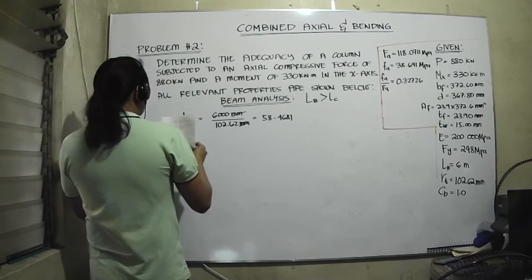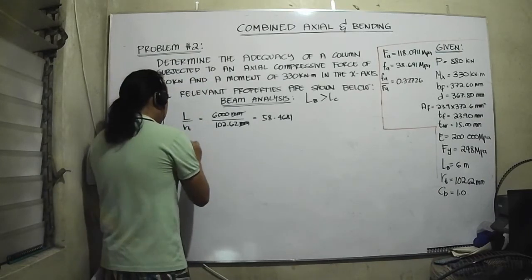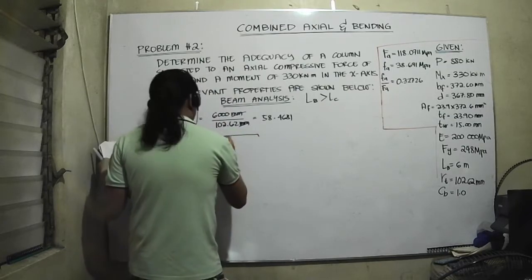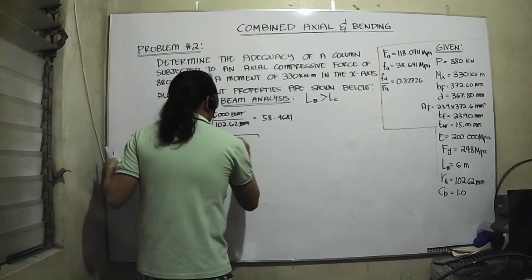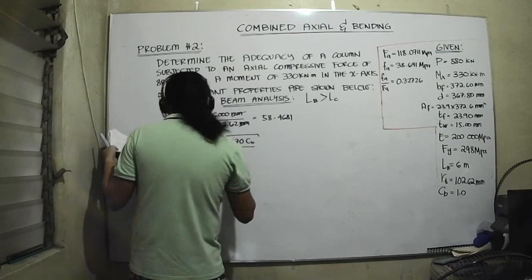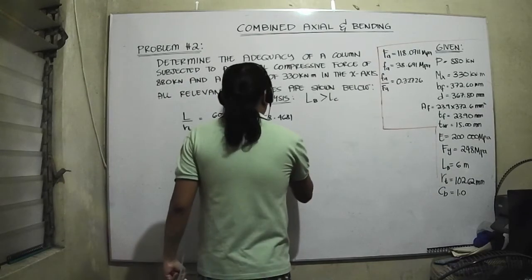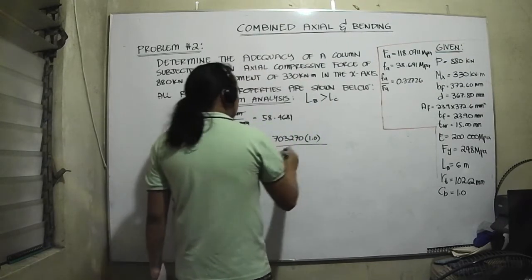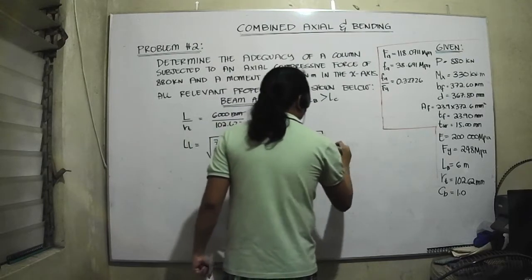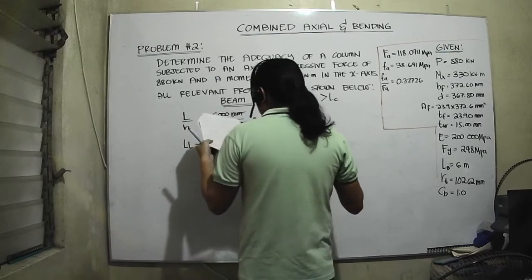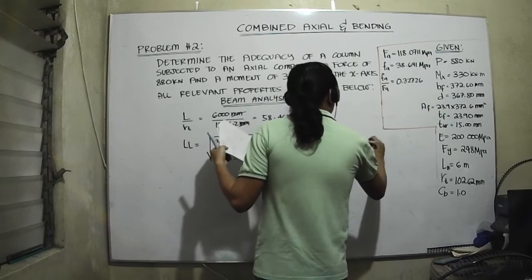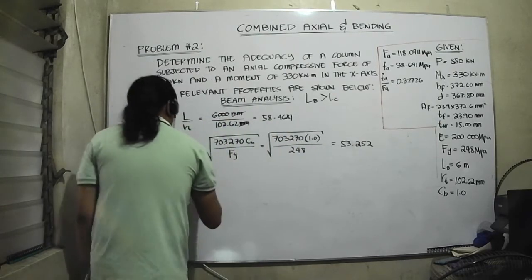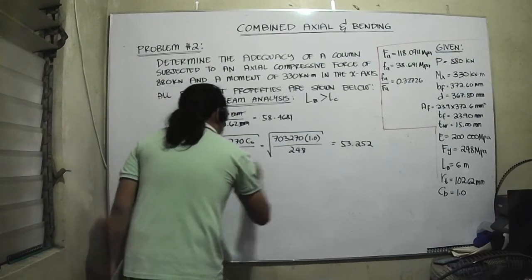Now we compare this with the lower limit and upper limit. Our lower limit should be equal to the square root of 703,270 Cb divided by Fy, where Cb is equal to 1.0 and Fy is equal to 248. And that should be equal to 53.252. Note, the lower limit is lower than this, so maybe this is something in between. Now the upper limit, this is the square root